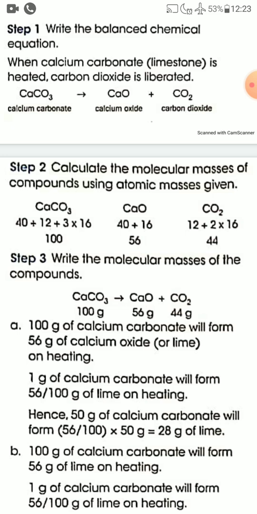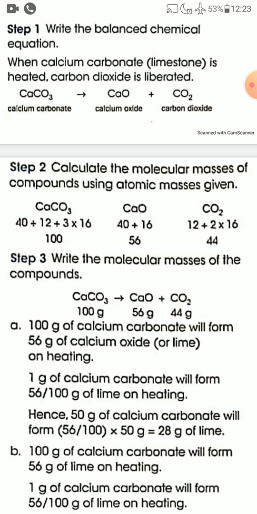So molecular mass of CO2 is 12 plus 2 into 16, that is 44. So in next step, in step 3, write the molecular masses of the compounds. So first write the balanced chemical equation and write their molecular mass just below their formula. So